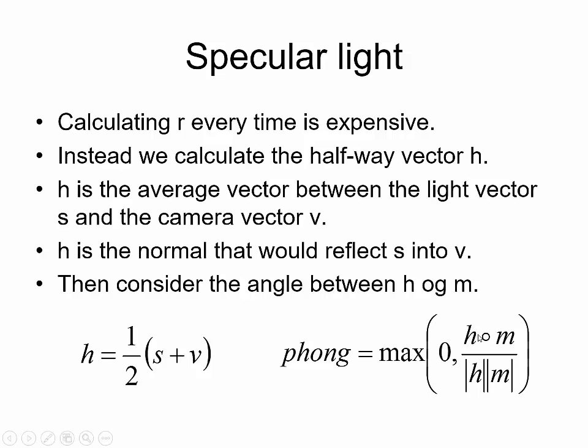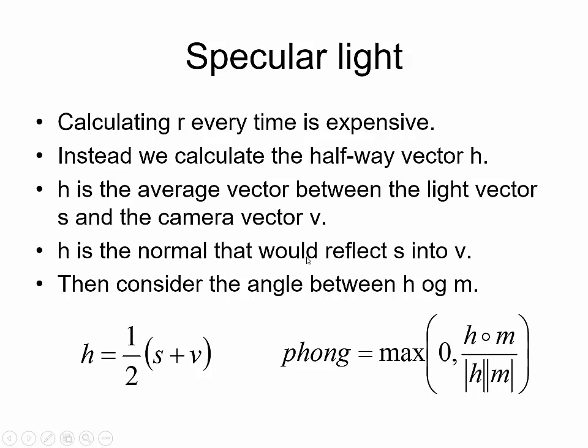Again, if these vectors are parallel, we get full intensity, and as this drops off, we get a lower Phong. Then we take that to the power of f, the shininess, meaning that a higher power there